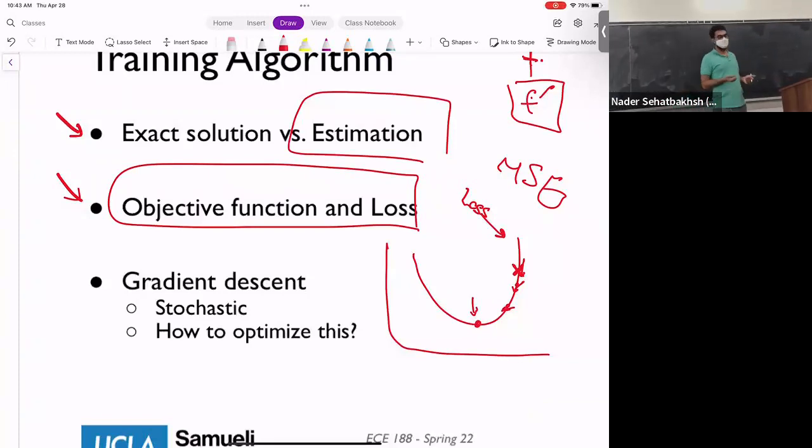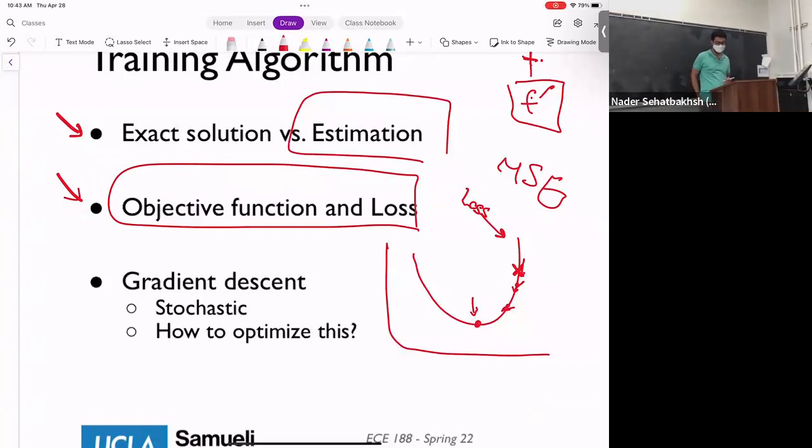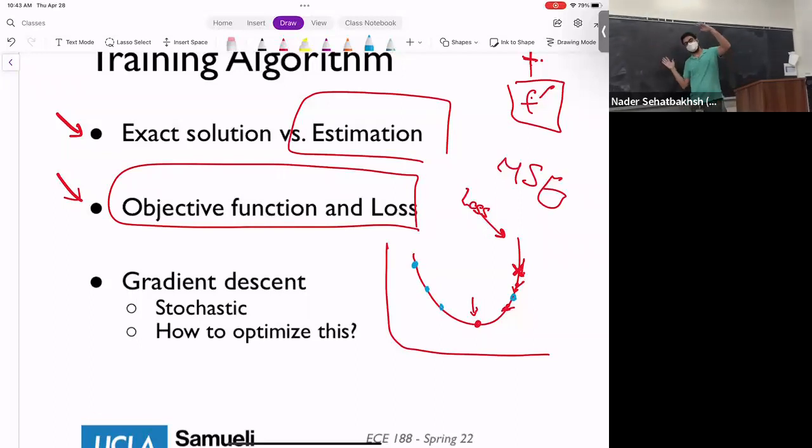There are some details about gradient descent that we won't talk about, but probably most of you already know what it is. Generally, the idea is that if this is your loss function, no matter where you start, right? So if you start here or here or here or even here, if you go in the right direction, which is the descent direction, where the loss is reduced, then you can find this minimum point.